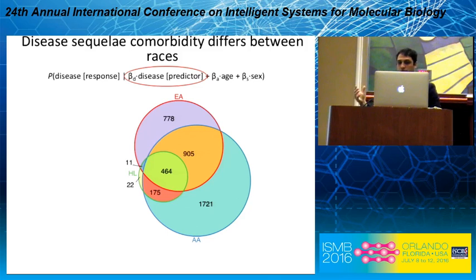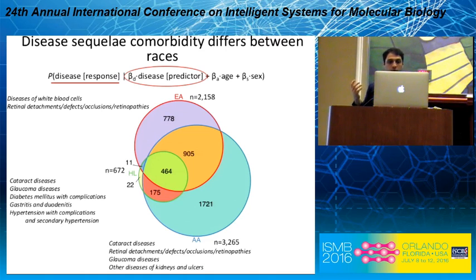And now we can see the distribution. These are the distributions of significant disease pairs between each population. And the first thing we notice, again, is that the African Americans have the largest proportion of disease pairs that are significant. And we can also look at the categorization of the diseases that are the response diseases, the diseases that are the sequelae, the ones that are being led to, and compare them across all populations. One thing that's interesting is that the Hispanic Latino and African American populations are enriched for a lot of ocular and vision-related diseases such as cataract, glaucoma, and retinal detachments.